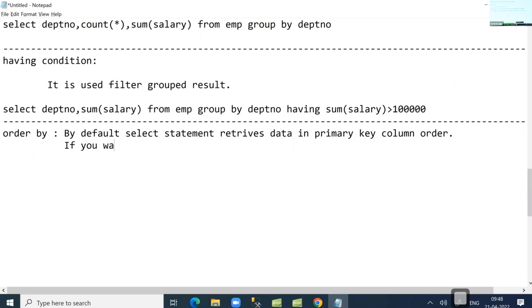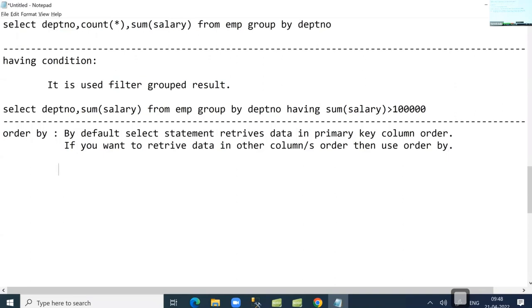If you want to retrieve data in other columns' order, then we have to use order by